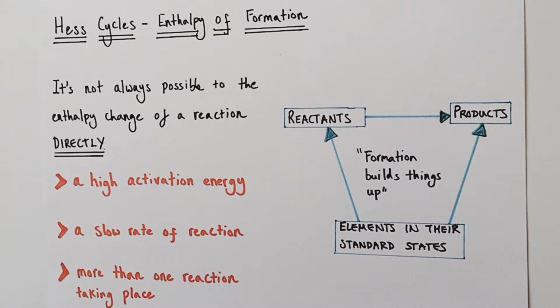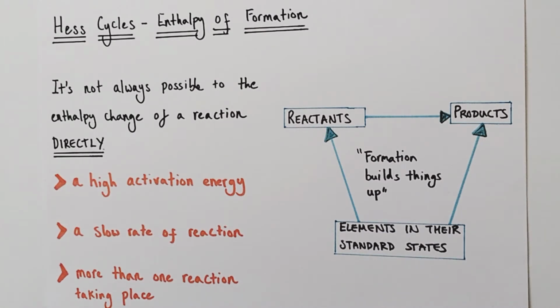That's where Hess cycles come in. A Hess cycle is a thermochemical cycle that allows you to determine that unknown enthalpy change you're looking for using other known enthalpy changes. I'm going to take you through the main structure of an enthalpy of formation Hess cycle now. Just before that, I'm going to introduce the key definition for this particular video, which is the enthalpy